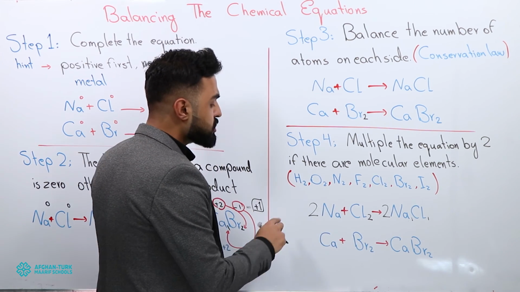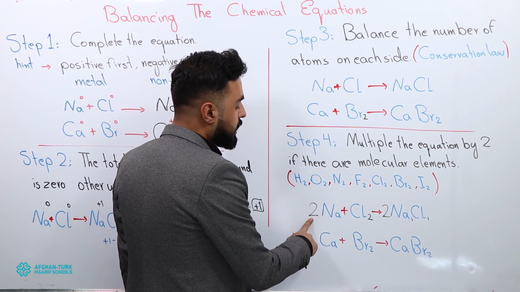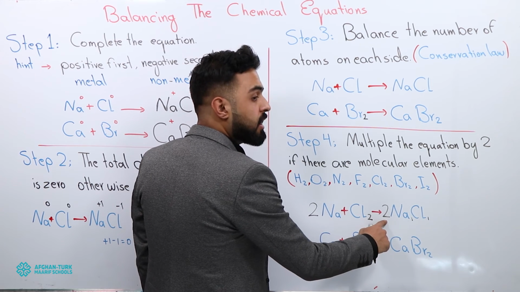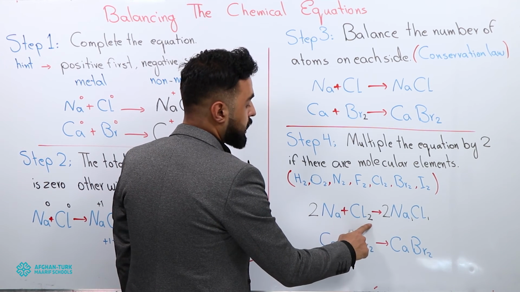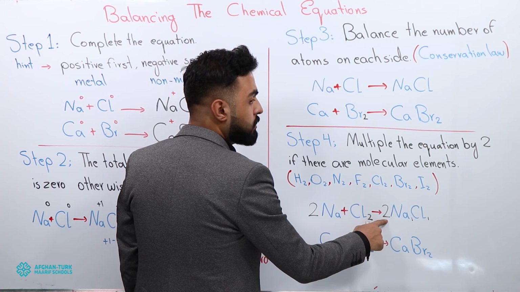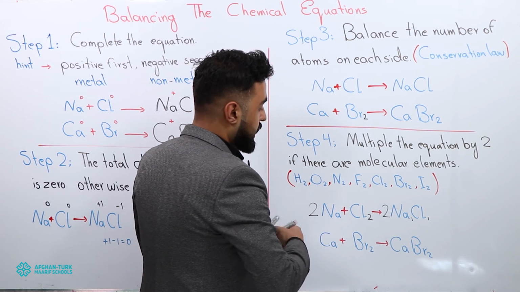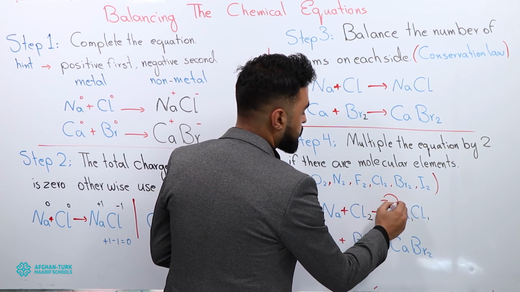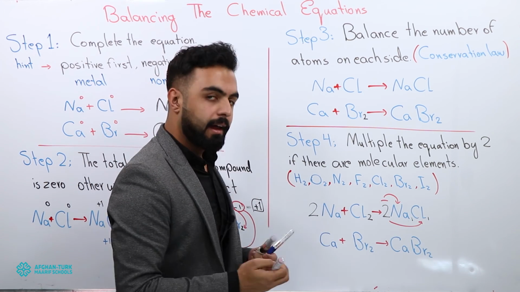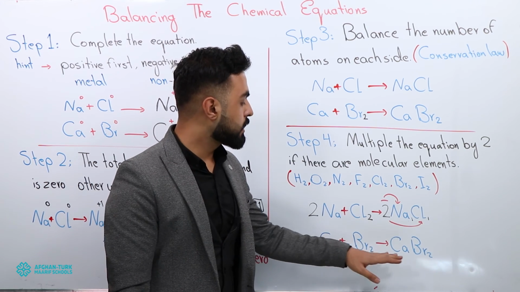So now if we check, which is the last step, checking, we have 2 sodiums. Yes, here 1 multiplied by 2. Yes, we have 2 sodiums. Chlorine, we have 2 chlorines. 1 multiplied by 2, we have 2 chlorines. This coefficient is used for both elements, for this one as well as for this one. And for the last equation, calcium,